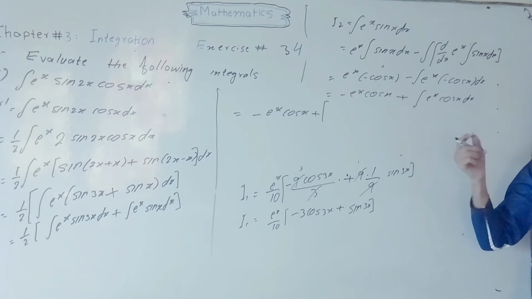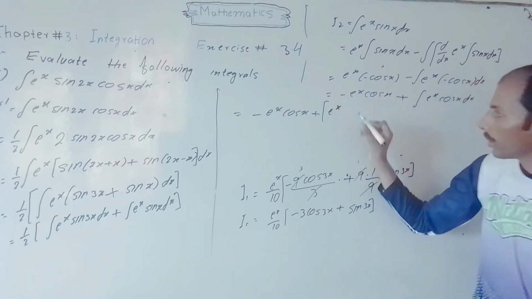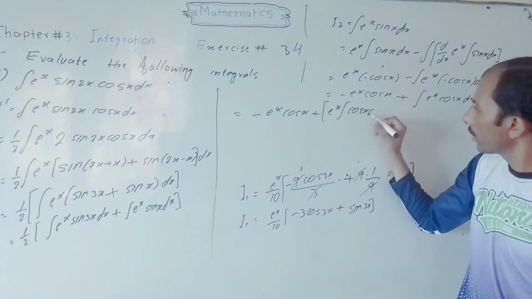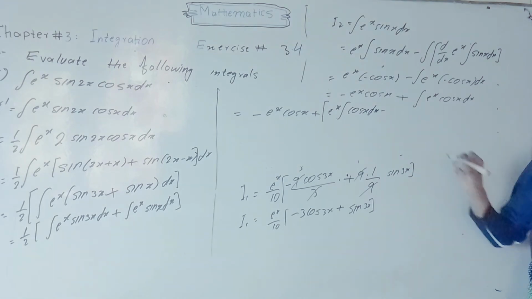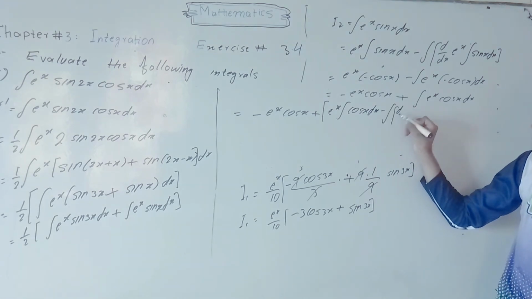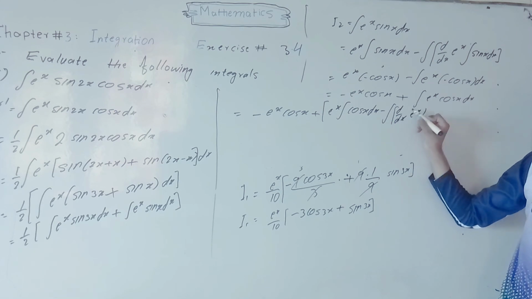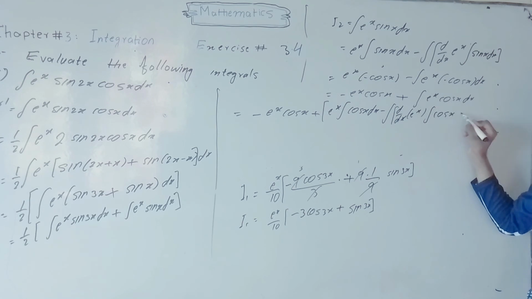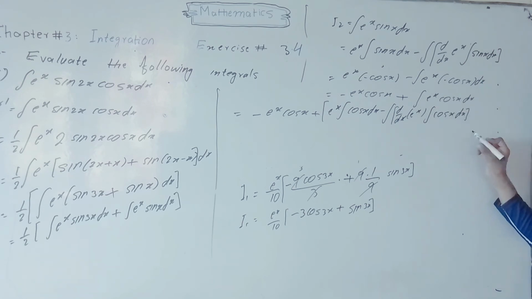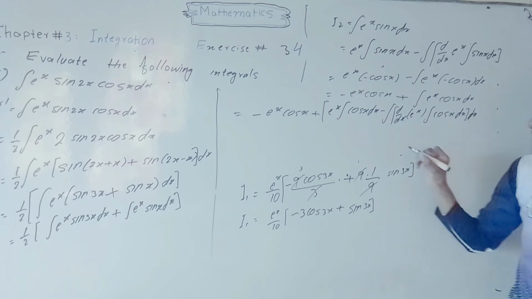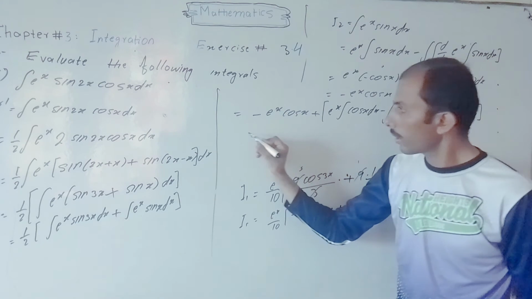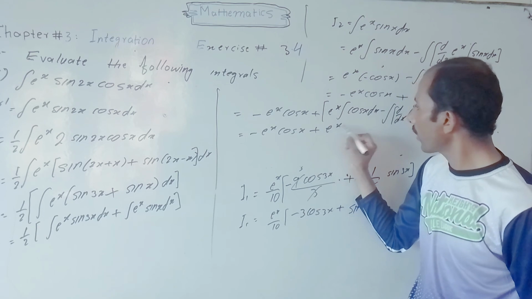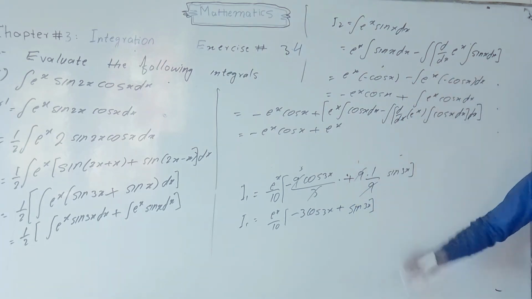e power x, first function, integration of the second function, that is cos x dx, minus the integral of the derivative of the first function, that is e power x, times the integration of the second function, that is cos x dx. Which is equal to minus e power x cos x plus e power x, the integration of cos x with respect to x is equal to sin x,